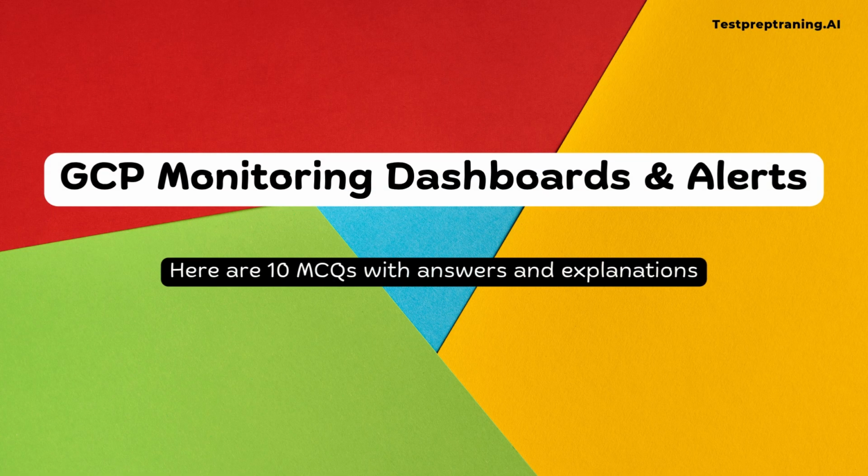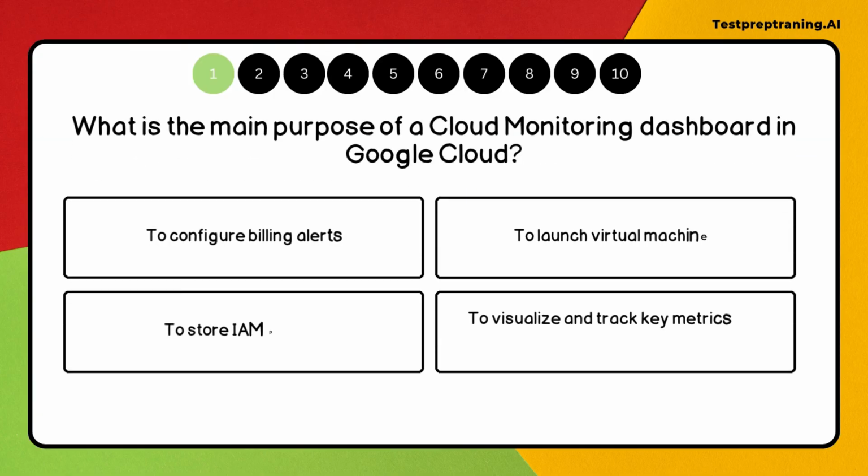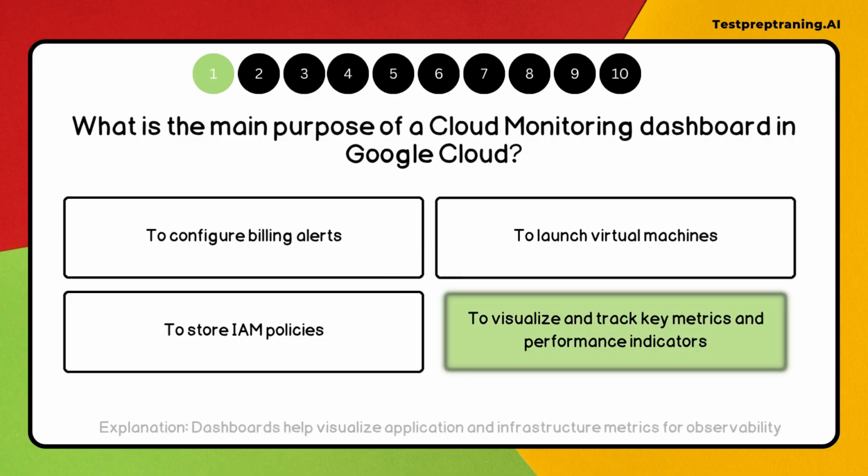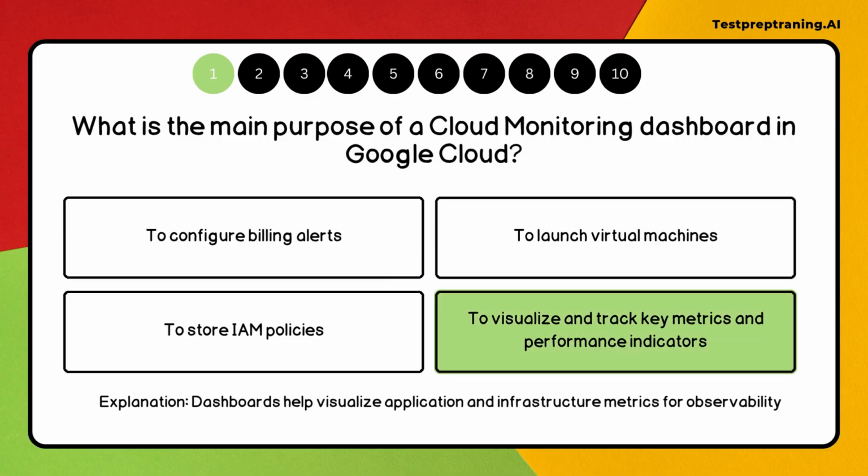Here are 10 MCQs with answers and explanations on GCP monitoring dashboards and alerts. Question 1. What is the main purpose of a Cloud Monitoring dashboard in Google Cloud? Correct answer is to visualize and track key metrics and performance indicators, as dashboards help visualize application and infrastructure metrics